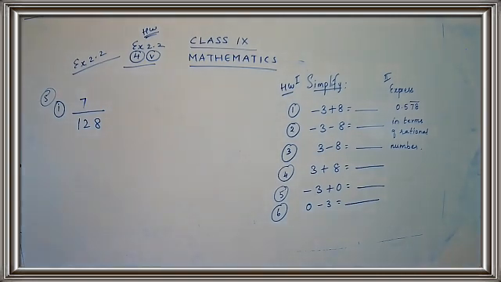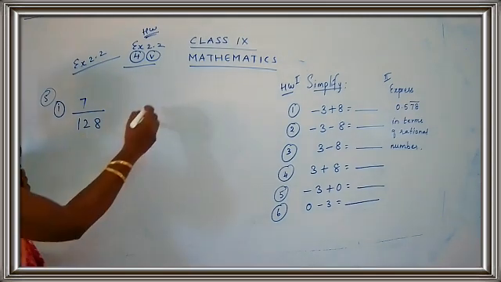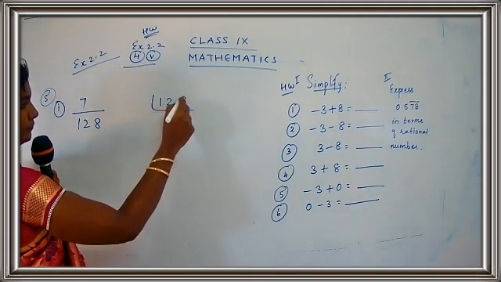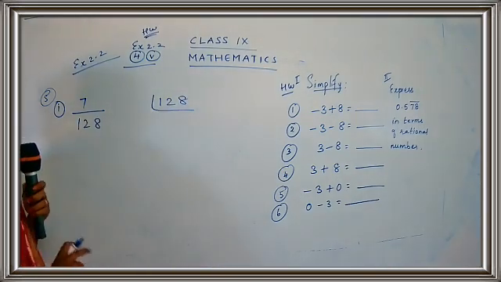Now here we are going to write down this sum in one form. I'll tell you what is the form. Before we go to the form, you are going to take the denominator part. What is the denominator over here? 128. Now we have to factorize this 128. Just there, near the question you can factorize it.